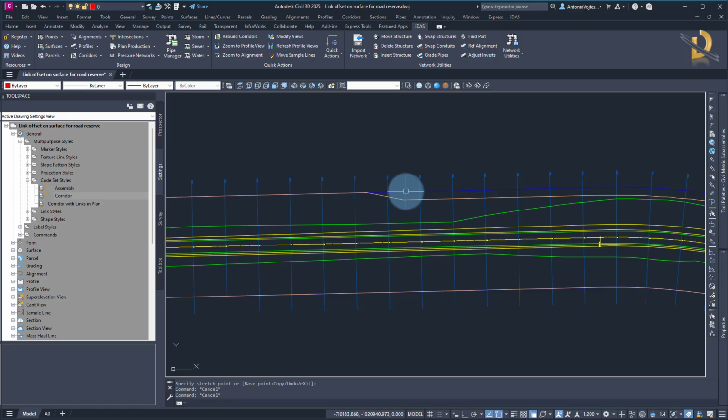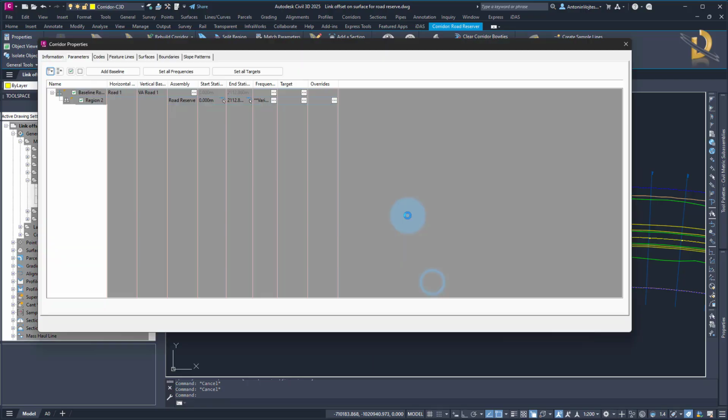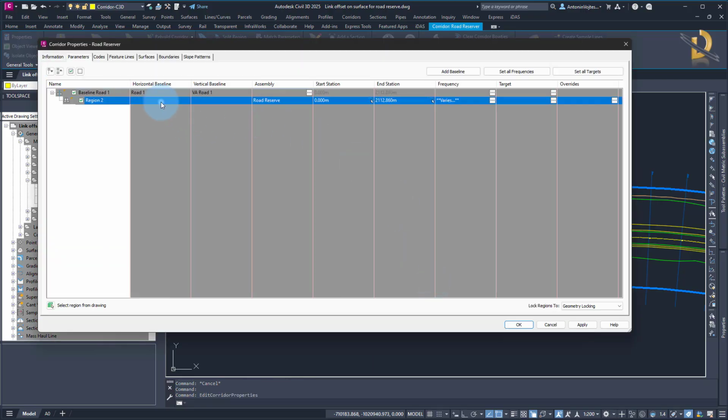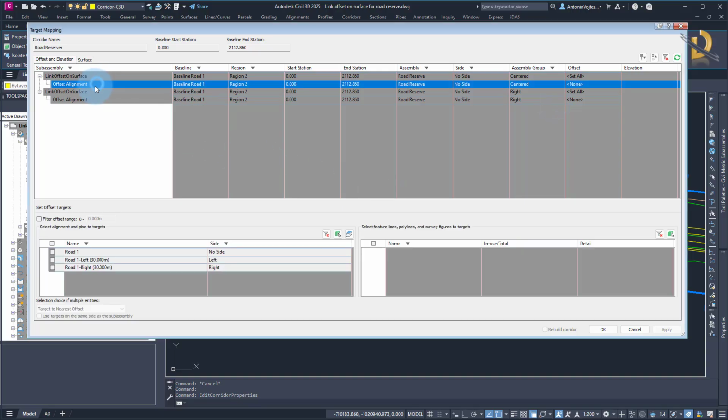Let's go to our road reserve corridor and let's use those offset alignments as a target. Go to corridor properties, then select the region, go to targets, and let's set the target. So this is an offset alignment and it doesn't show me the side. It says centered and the other one says right. So I can assume that the centered is on the left hand side and right is on the right hand side. But if I'm not sure, I can always